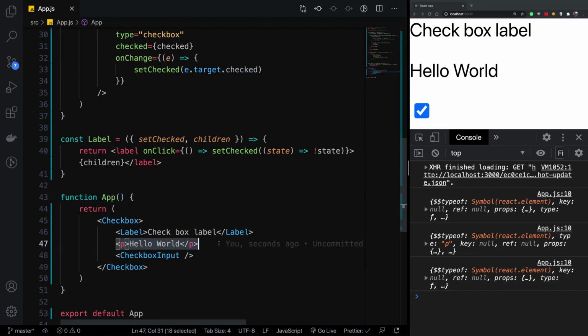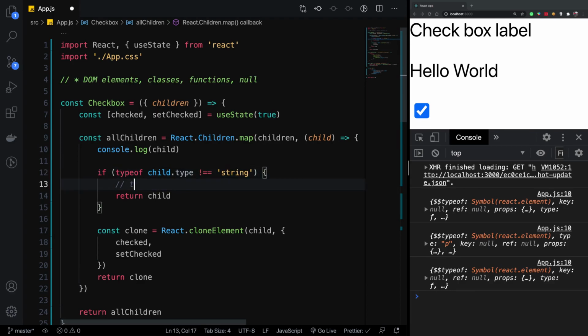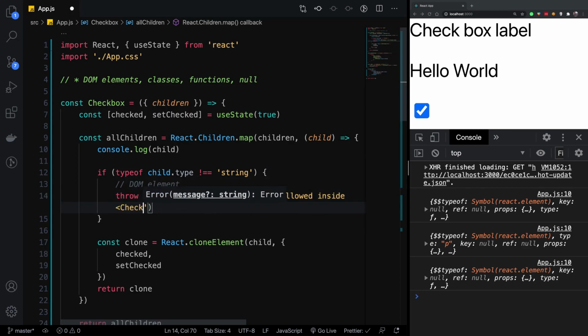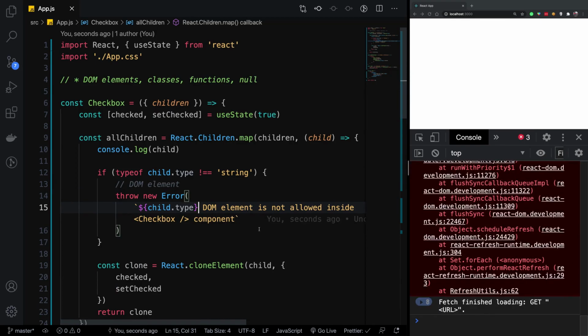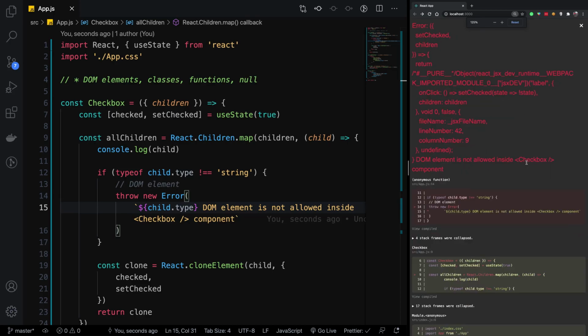If you want to restrict this, the way you can do it is if typeof child is equal to string, then you know that you have got a DOM element. So instead of returning the child, you can throw a new error. You can say DOM element is not allowed inside the checkbox component. And just to make this even more helpful, you can write the type of DOM element found. Now if you refresh this and close the console, you can see